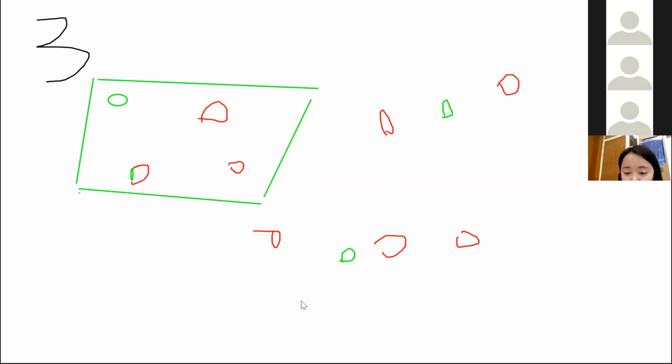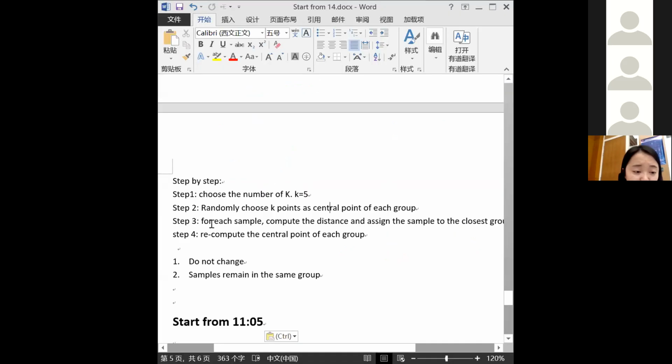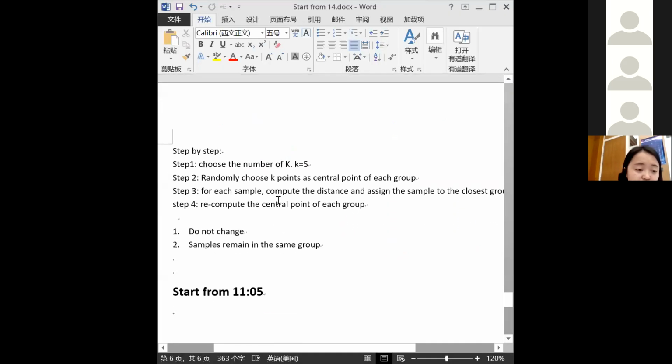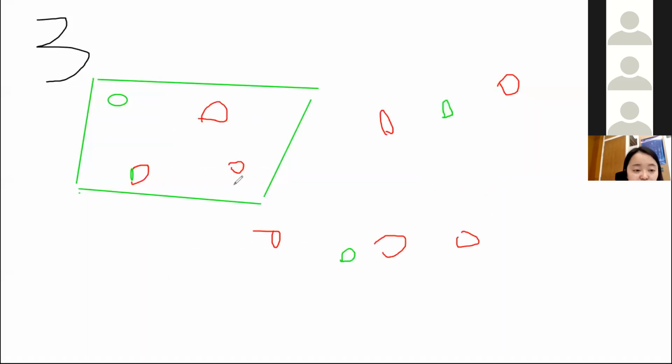So the fourth step is we need to recompute the central point for each group. So we update the central point for each group. That means for this group, the central point may be moved to here. The central point may be moved to here. The central point may be moved to here. And then we will repeat